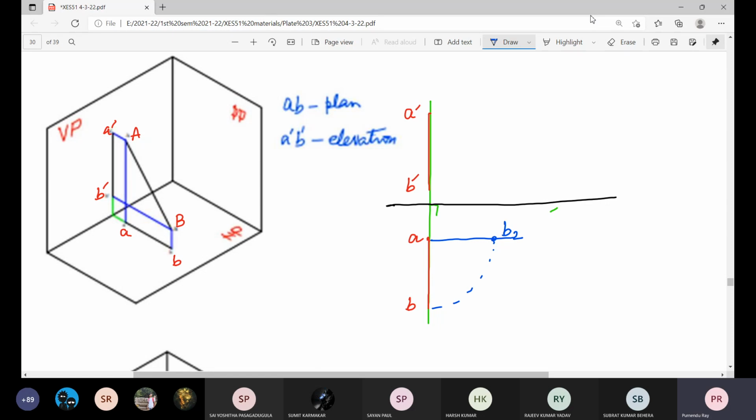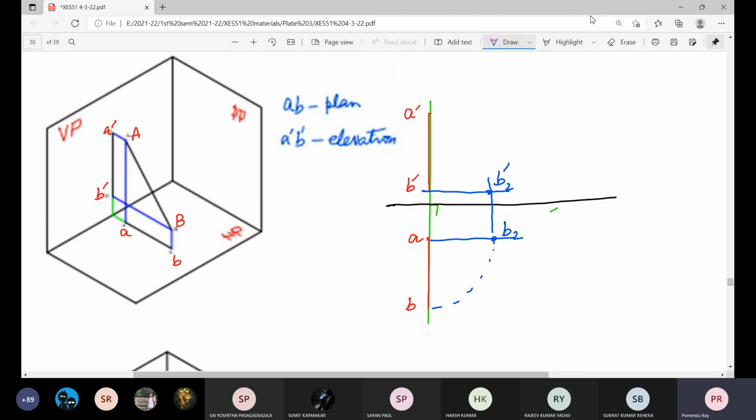What about the corresponding elevation? Draw a projector perpendicular to GL. It will reach up to the level of B. That means it will be the elevation of B in its new position. So once we have that done,